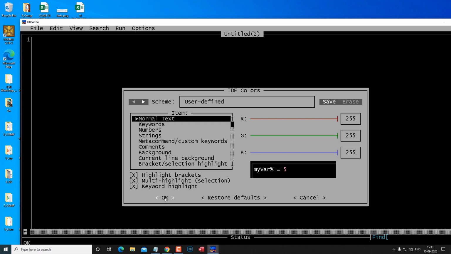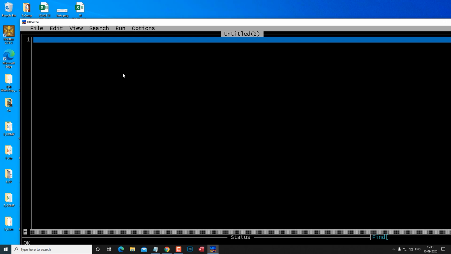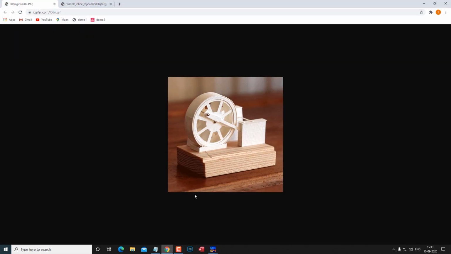Now once we have made the settings, we start with our work. Now we are doing looping statements in QBasic. For this, we need to understand what a loop is. A loop is something which keeps on repeating itself. Children, you can see this wheel is going on rotating and rotating and rotating. It is just like our earth rotating. It is never stopping. This is known as an infinite loop. That means it is not finite at all. It is not fixed to a certain number.